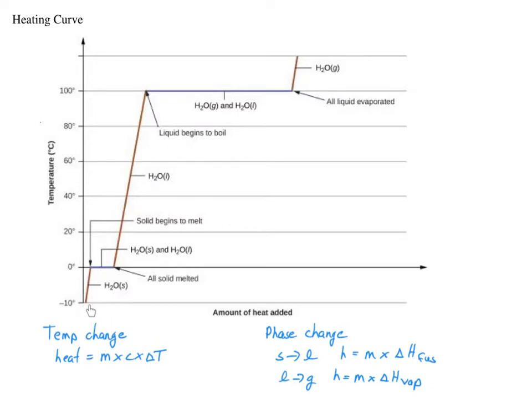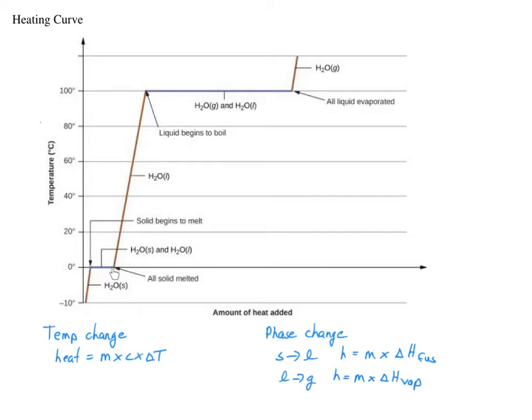As we add heat, the ice, solid water, is going to increase in temperature, and then it reaches a plateau region. At this point, the heat that is added to the sample is no longer going into changing the temperature, it's changing the phase. It's melting the ice to liquid water. And during that process, until all of the solid water has been converted to liquid water, there's no change in